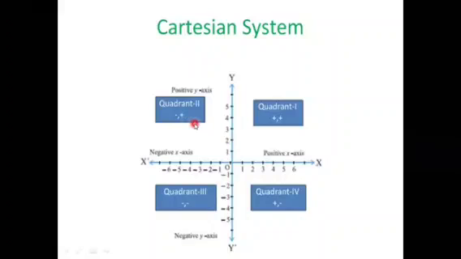Getting to the second quadrant. Here it is mentioned that the second quadrant should have a negative x coordinate and a positive y coordinate. Let us understand why. Any point in this region, that is quadrant 2, will actually lie on the negative side of the x-axis. So the coordinate of the x-axis would be negative.